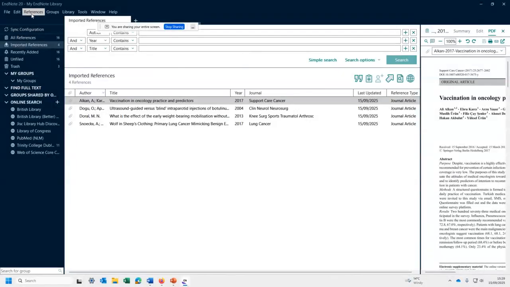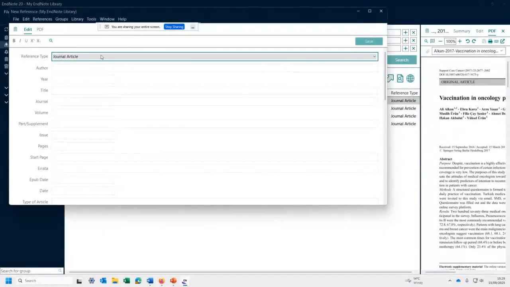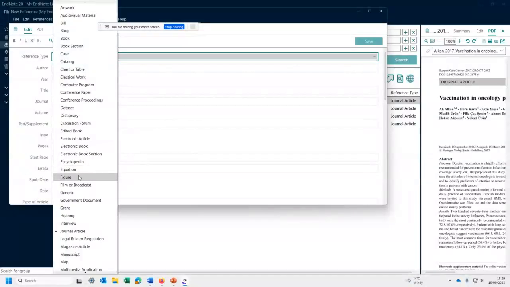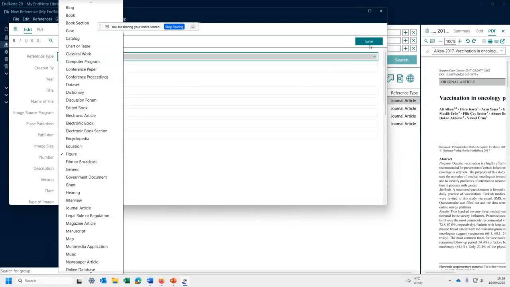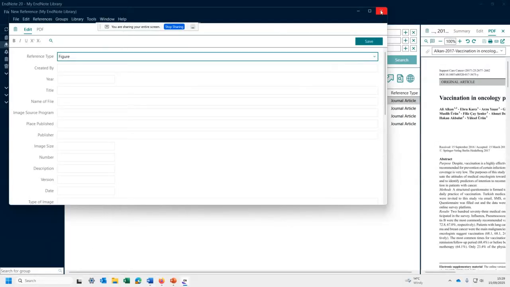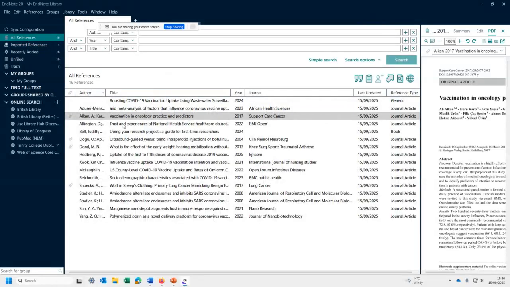Now you can create your own references as well. So if you want to create a new reference, you can go up here. Now, why would you want to do that? Well, you can find all your journal articles in the databases, but if you have a figure or an image, perhaps, or a table, you can actually save it yourself, create a reference type yourself, and you can stick it in here and you can attach the table or the image or the figure to it as well. So it can all appear like that. And then it can handle all that very well if you want to insert that image or table, whatever. Okay. And now you can see here's all our library. So went up to all references.